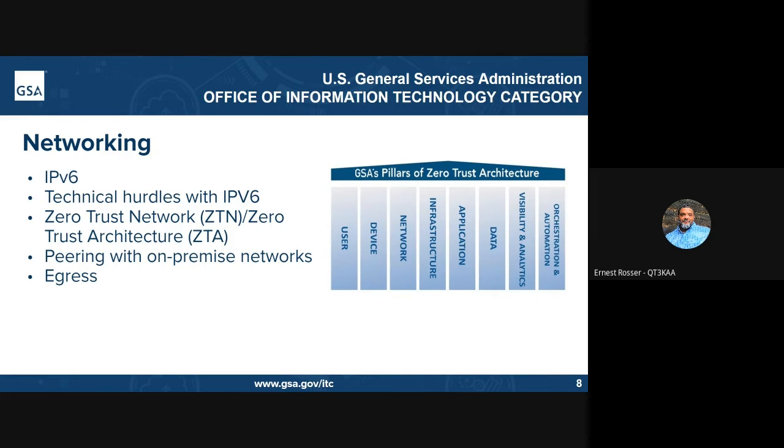Zero Trust Network. Zero Trust Architecture. Zero Trust Network does a lot to secure and future-proof our networks. So what is a Zero Trust Network? A Zero Trust Network does pretty much what the name implies. It trusts no one. It removes the implicit trust rule that's seen on traditional networks. It prevents full access to network resources once you have access to the internal network.